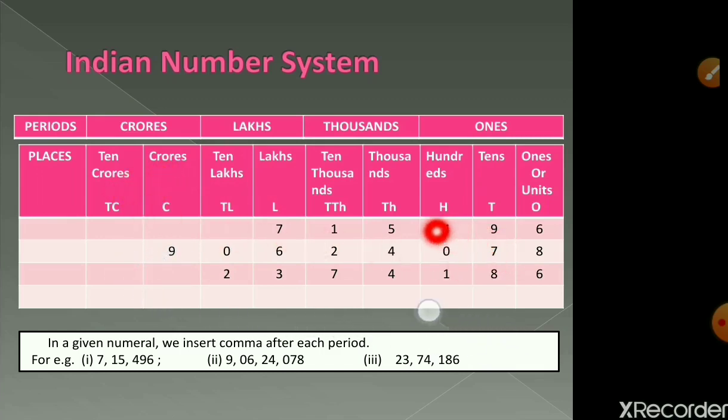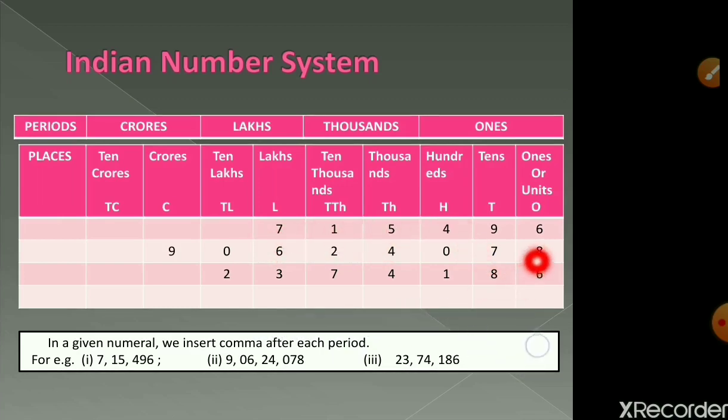Generally, these places or periods will help us in putting a gap between each number or inserting commas in this number so that we can understand the place value of the number much more easily. So when we are inserting commas, we'll start from the right hand side. So let us start from the ones place. So ones, tens, 100. One period is over, we'll put a comma. 1000, 10,000. Now after every two places, we'll be putting a comma. That is 1, 2, again a comma, and 7.